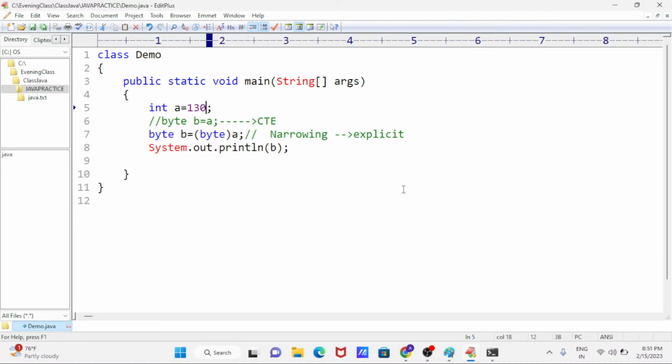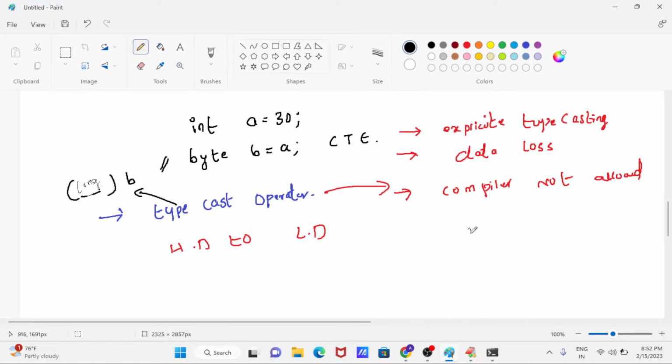How is it stored internally? I just explained, right? It can store minus values directly, but it can't store plus values directly. First the control will go to the plus values, and after that it will come back again. The range is circular like this. Just assume internally it is like this: 127 is there, and after that the value is minus 128.